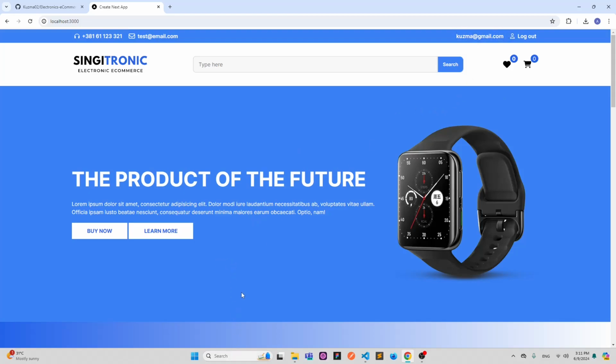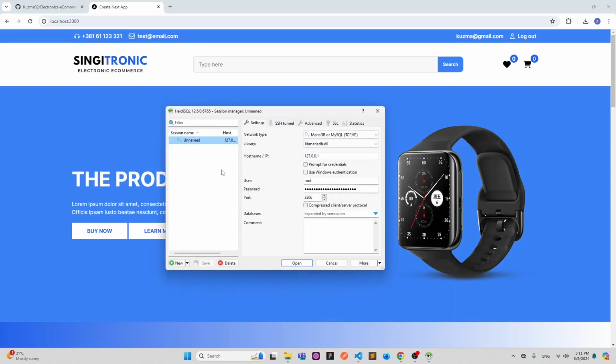We need to go. So now HeidiSQL comes into play because we need to access our database. And now when you first time install HeidiSQL, you won't have any sessions here. You need to create a session. So you will click here new. You can give it a name, for example,